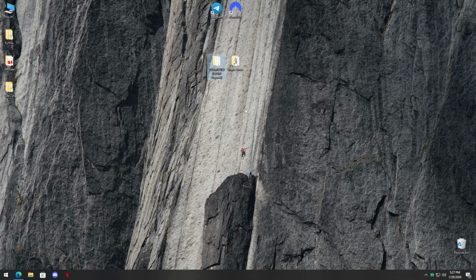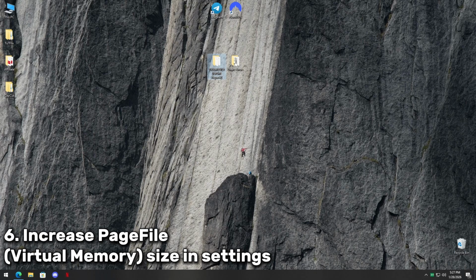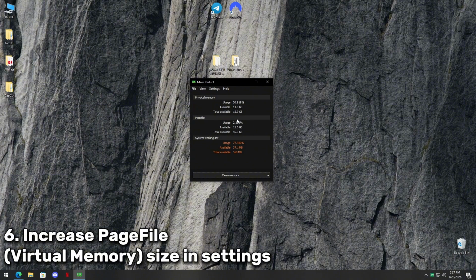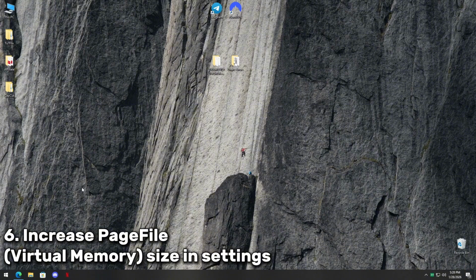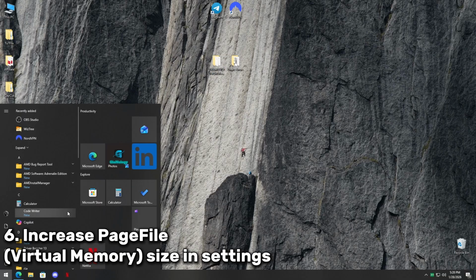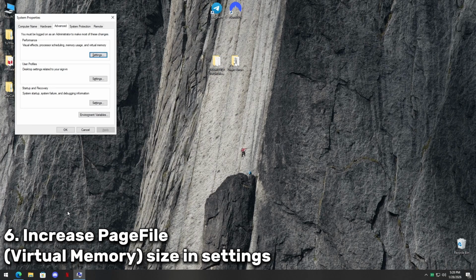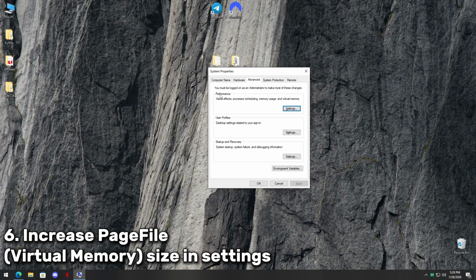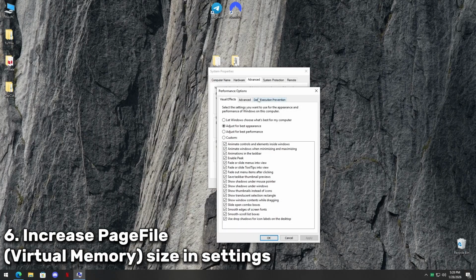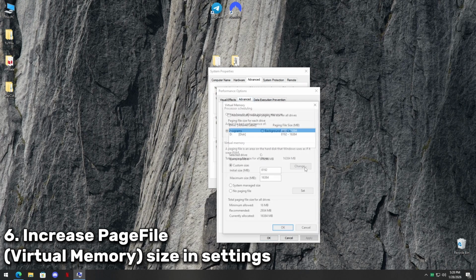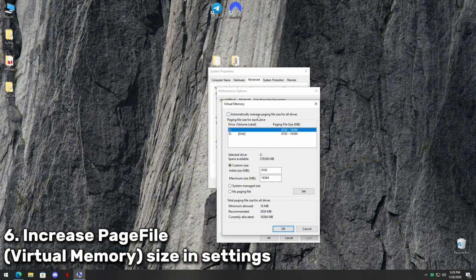What you can also do is increase your virtual memory or page file. A page file is virtual memory that is used if you fill up your physical memory. To increase your page file and set it by yourself, you can click on search and type in advanced system settings. Here click on performance, and under performance click on settings, click on advanced again and click on change. Deselect automatically manage paging file size,